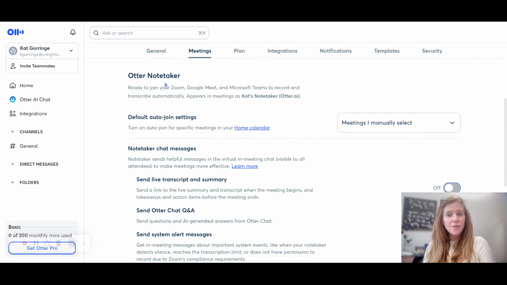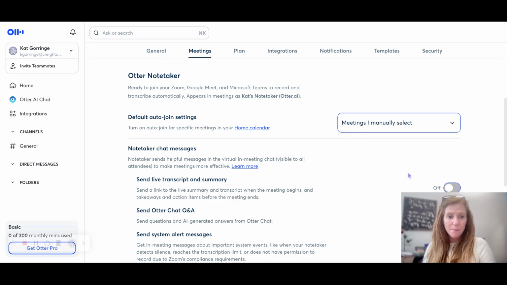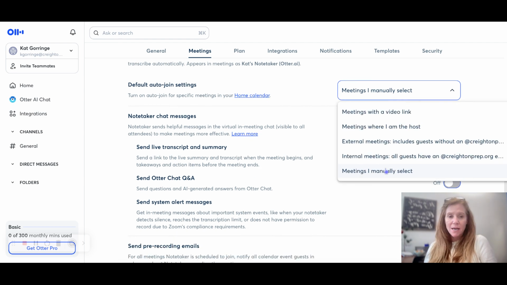And so you can see the Otter note taker is ready to join these meetings and have transcripts automatically transcribed, and it appears in the meeting, in this case as Kat's note taker. So default auto join meetings, set this to whatever manual option you have. For Otter, it is meetings I manually select.